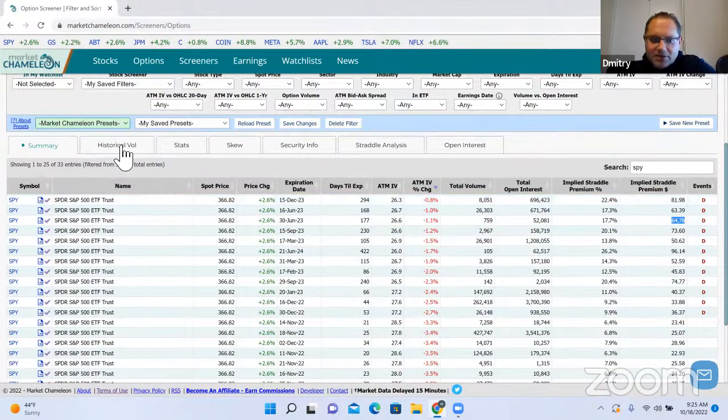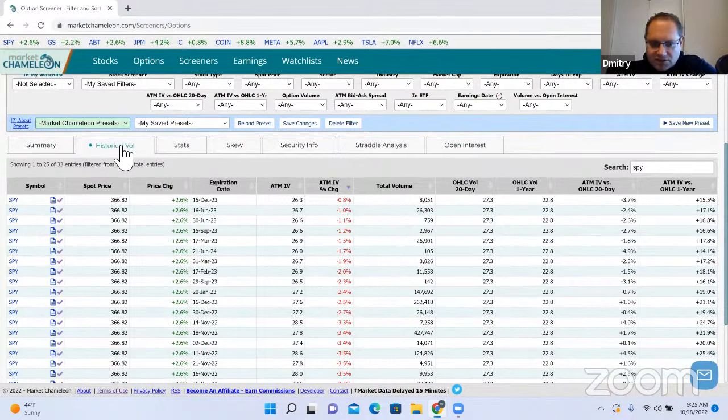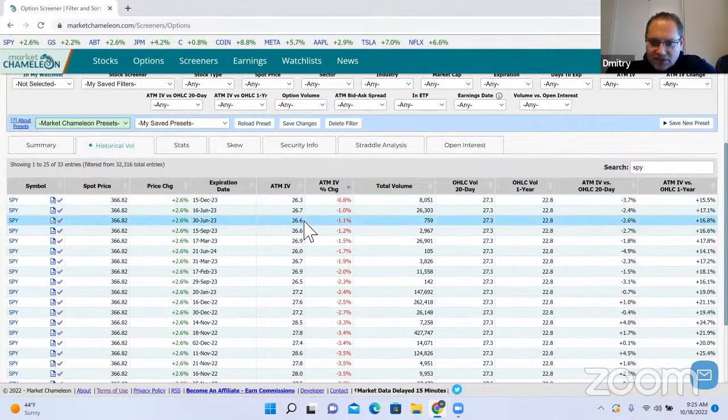I'm going to switch this tab here. And this tab will give us a little bit more details about the realized volatility in the stock. Here we see what the implied volatility is based on the option prices, and we could compare that to historical volatility. How much is it above or below the historical realized vol? And we could look at the 20-day volatility and the 1 year. In the last 20 days,